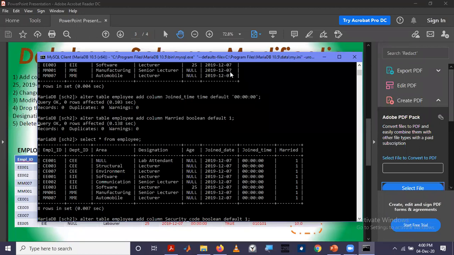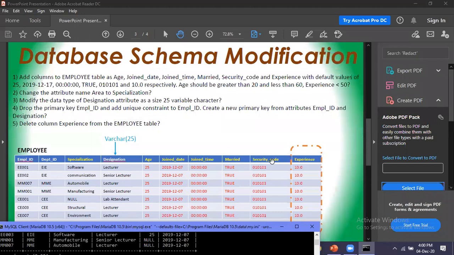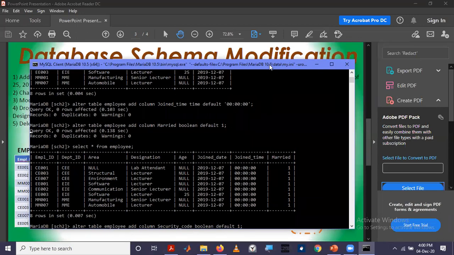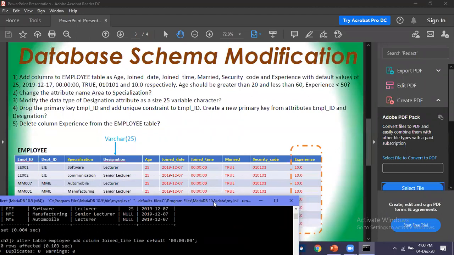As this is a collection of binary digits, the data type is binary. For binary, we have to specify the number of digits. There are 6 digits, and you have to specify the default value also, this one.